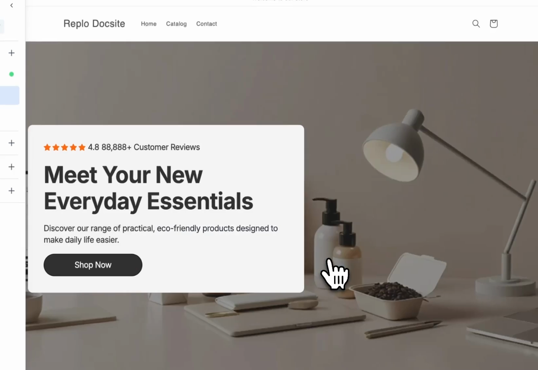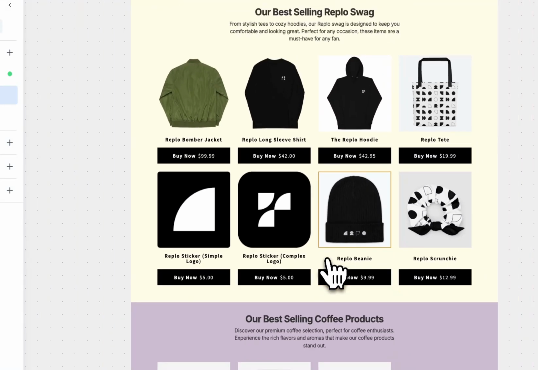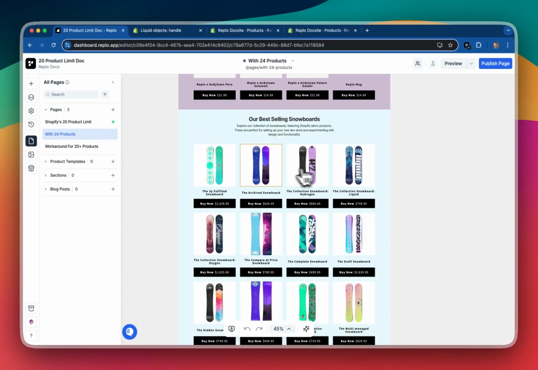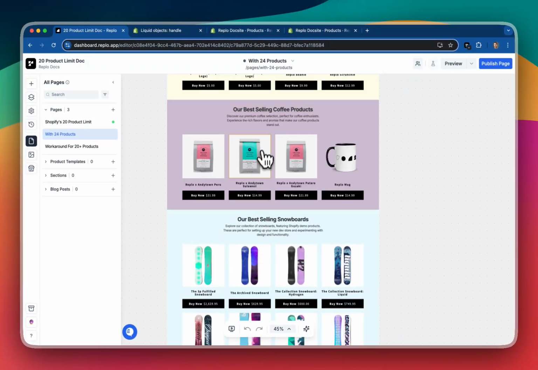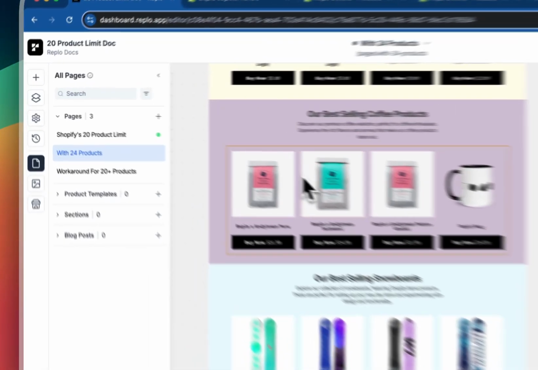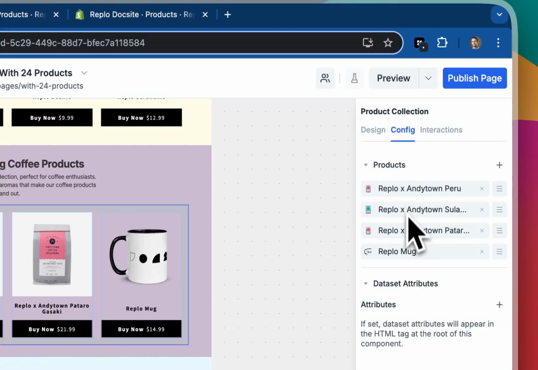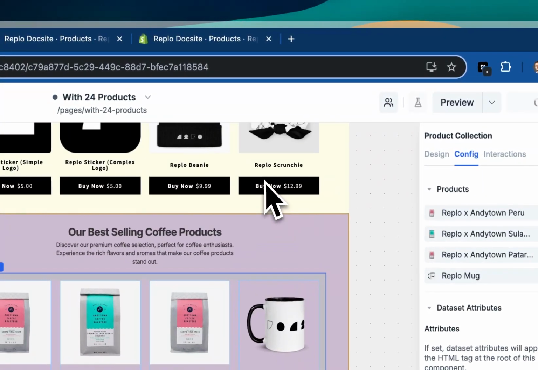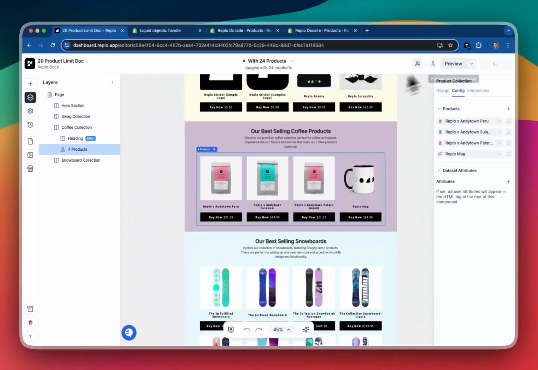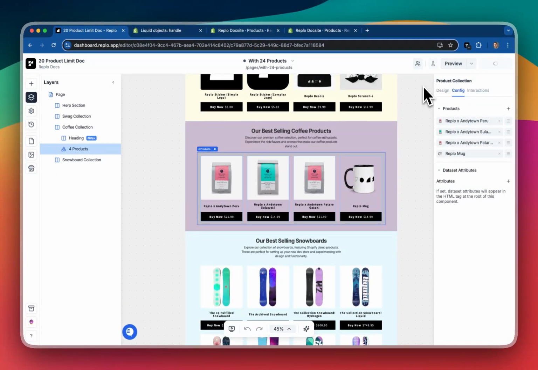So what you'll notice is right here, I have again the 8, the 4, and then the 12. This was the thing we just added. So this seems like it'll work. This is also just simply using a product collection with 4 different products referenced. And if I go to publish this page, Replo will allow me to publish it. But when I go and view the live version,